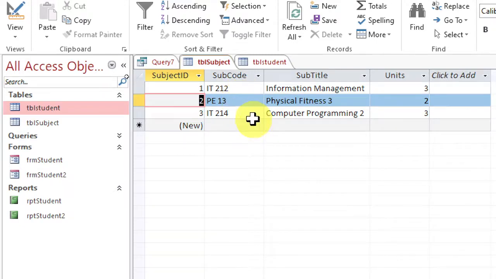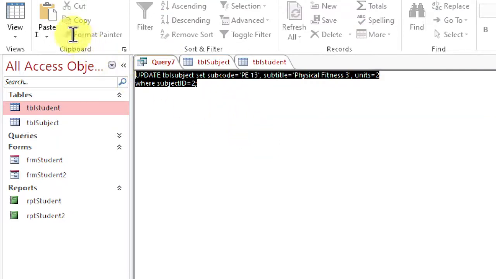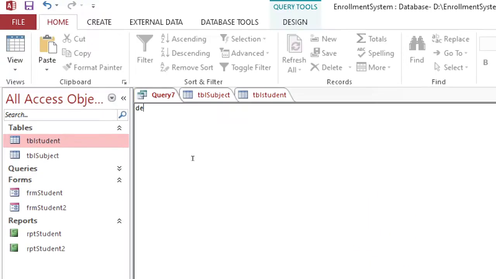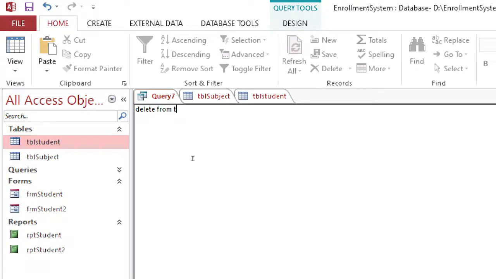record. Now, how to delete a record? Okay? Let's try to delete a record. How? Okay, using the delete command. Okay, delete, okay, from tbl subject, okay, subject, okay, where,